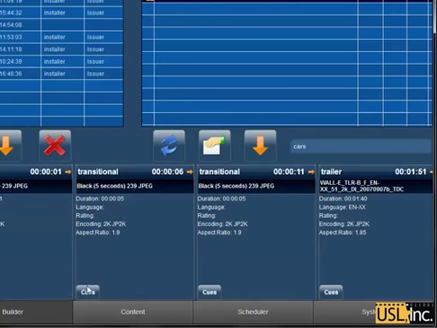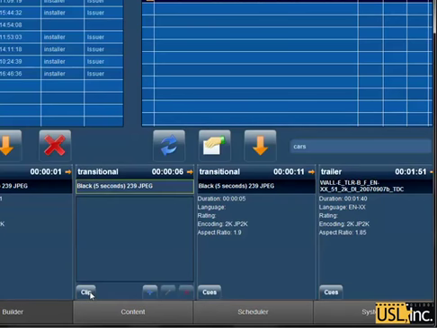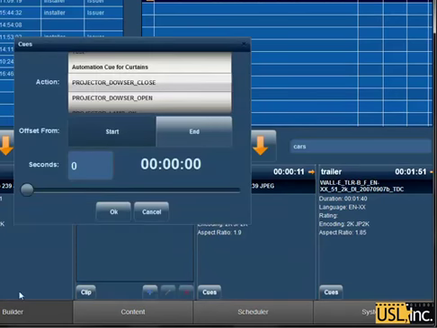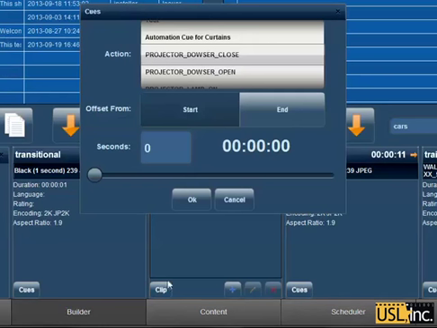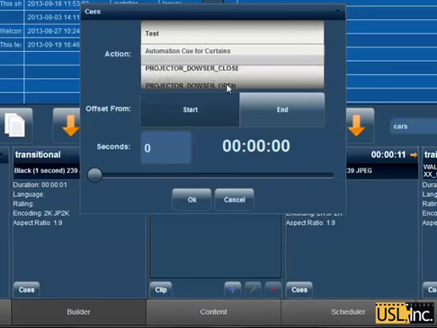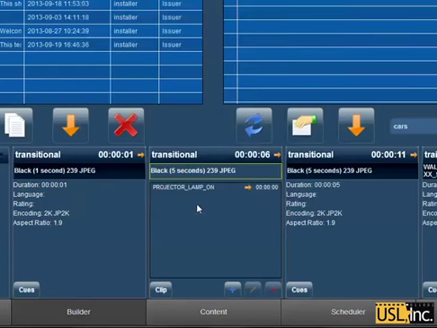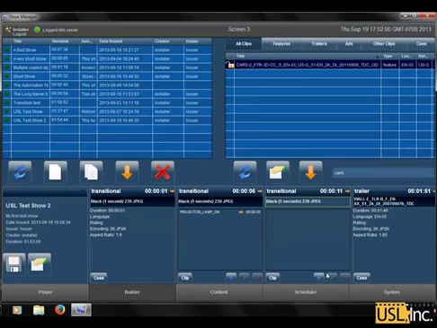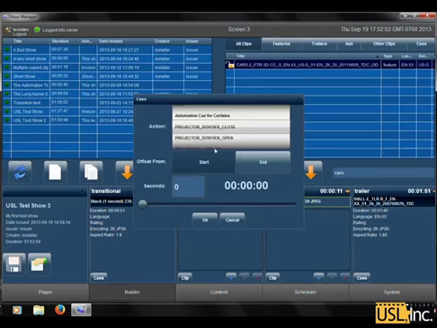Next, I'm going to add some cues by clicking the cue button at the bottom of the clip that I wish to add the cue on, and then pressing the Add button to bring up the cue dialog. I'll start by activating the lamp on our projector at the start of the Black 5 Seconds clip. I'll add another cue to open the dowser on our projector,